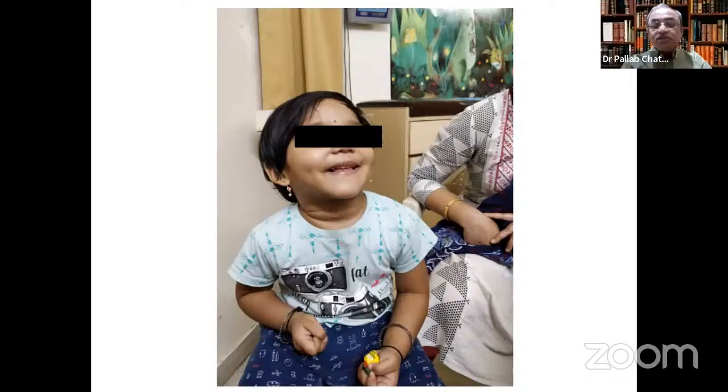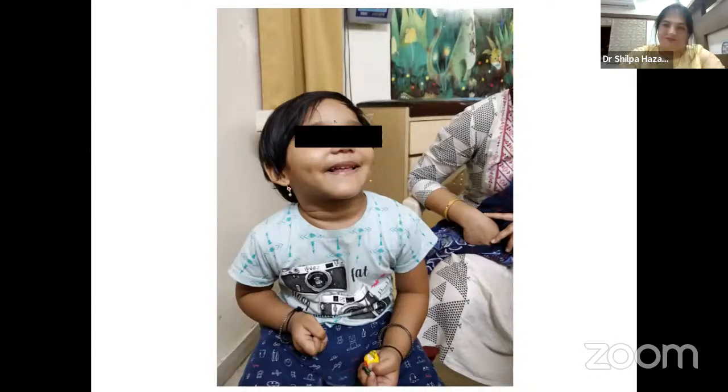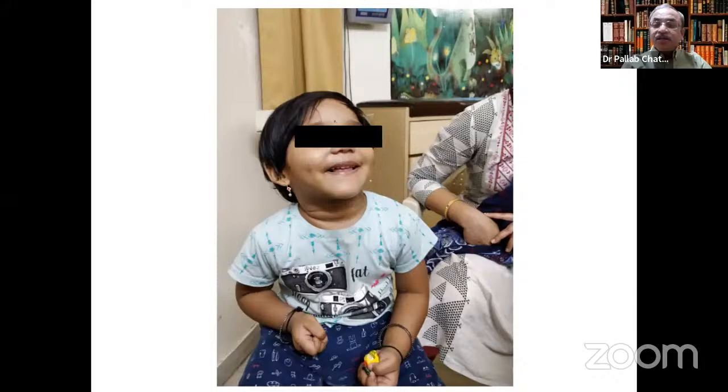Dr. Gautam, supposing we have such a child, would you straight away recommend a PEG in this child, or would you continue to give NG feeding for say 6 to 8 months? If a PEG is available, then I think PEG is a better, safer option. Once you put in an NG feed for 8 months, it is a bit risky because it can again increase the GER, and maintaining an NG at home might be a bit tricky.